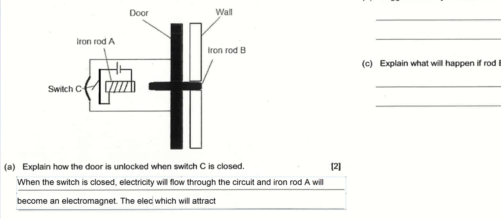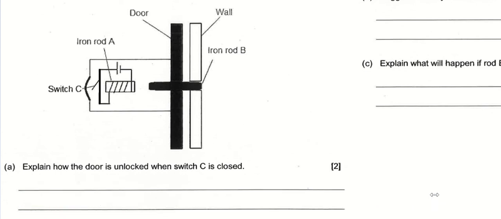The electromagnet will attract iron rod B, hence unlocking the door. Okay, so that's a possible answer. All right, now